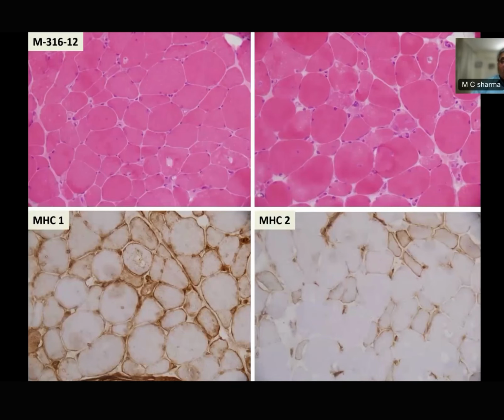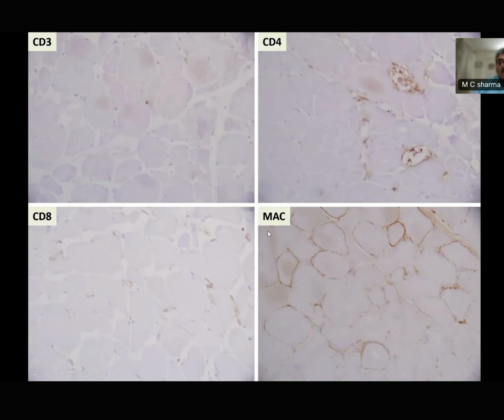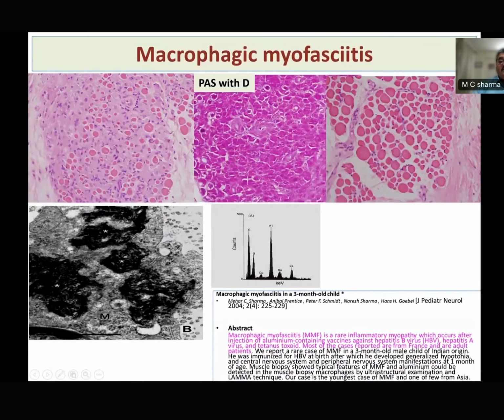The other group is this one. Look at these. There's hardly any defect. Maybe some degenerating fibers. These are smaller, but there is patchy upregulation of MHC class 1, 2, and the MAC, membrane attack complex. As I told you, this is on the muscle fiber. In dermatomyositis, it is on the blood vessels, the endomysial blood vessels, whereas here it is mostly on the myofiber, and inflammation is very minimal. So this is one form of